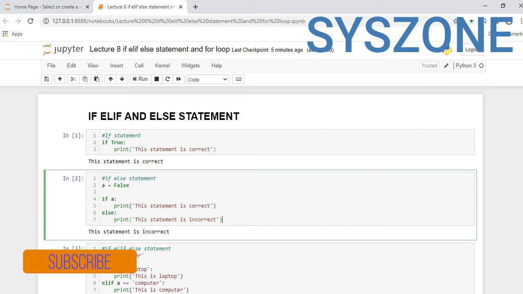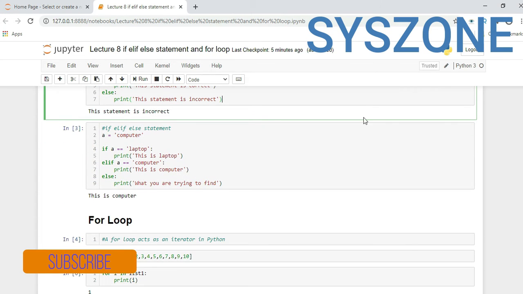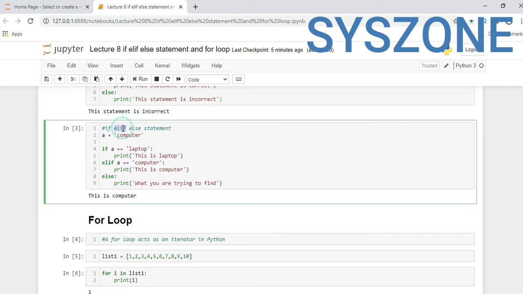Now in Python, instead of else if, we use elif. So in this example we will see if, elif, and else statement. We declared a equal to computer.